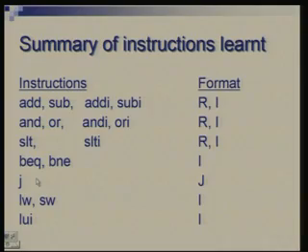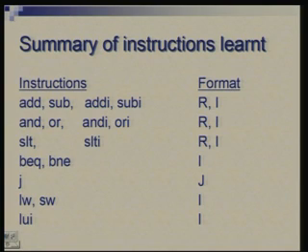Here is a summary of instructions we have discussed so far: add, subtract, add immediate and subtract immediate. The latter two are for operands which are constants. Similarly, we have AND and OR and their immediate versions, ANDI and ORI. For comparison of less than or greater than type, we have SLT instruction, which also has an immediate version. So, in all immediate instructions, one operand is still a register and the second operand becomes a constant. Then for equality and inequality comparison, there are BEQ and BNE instructions.